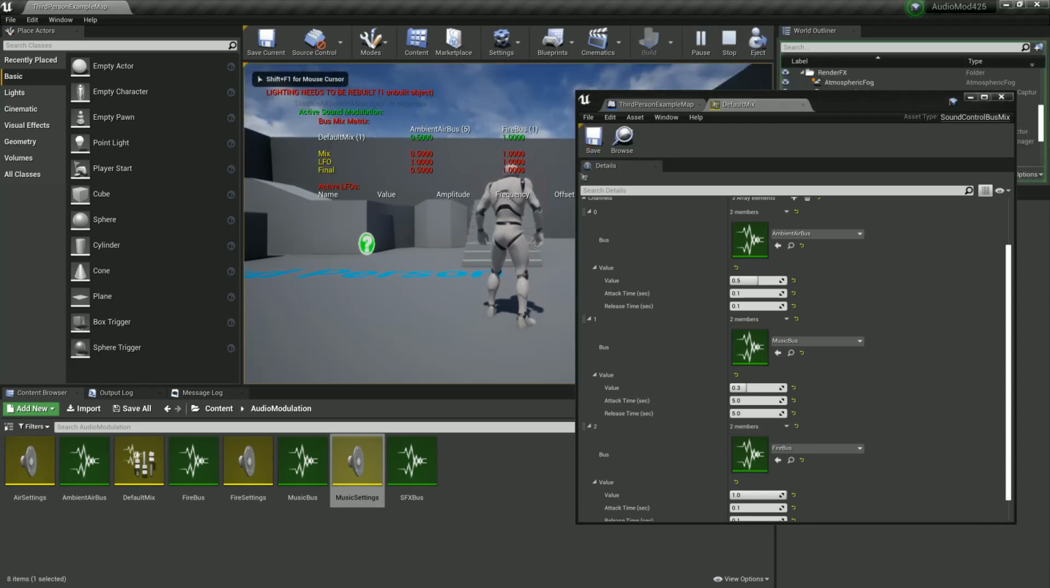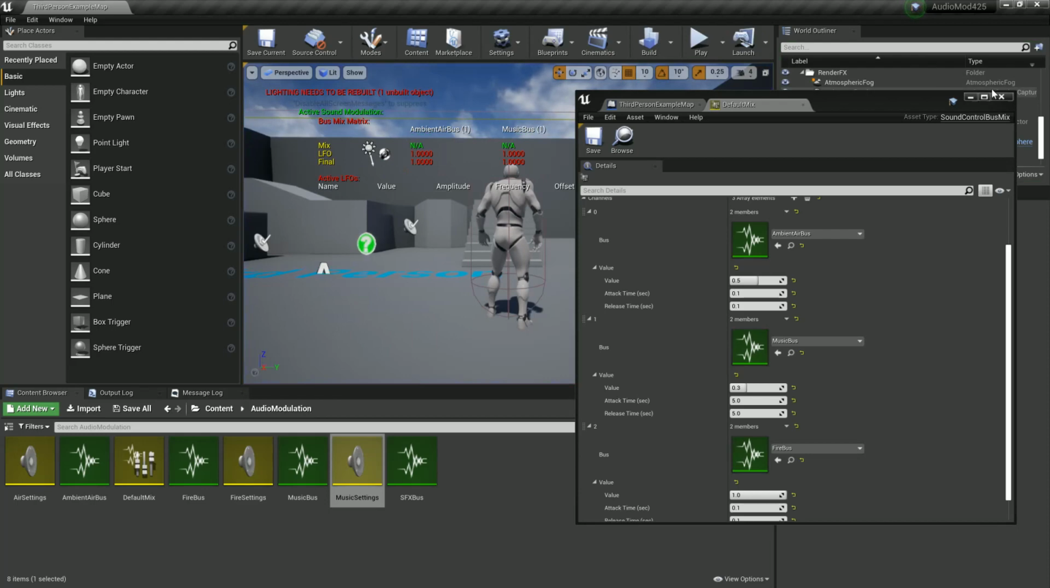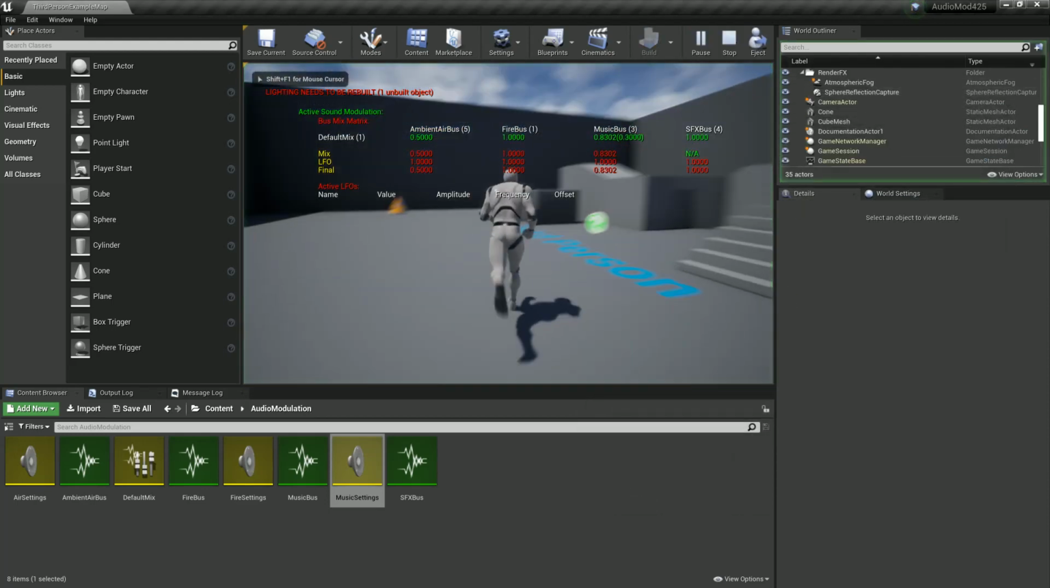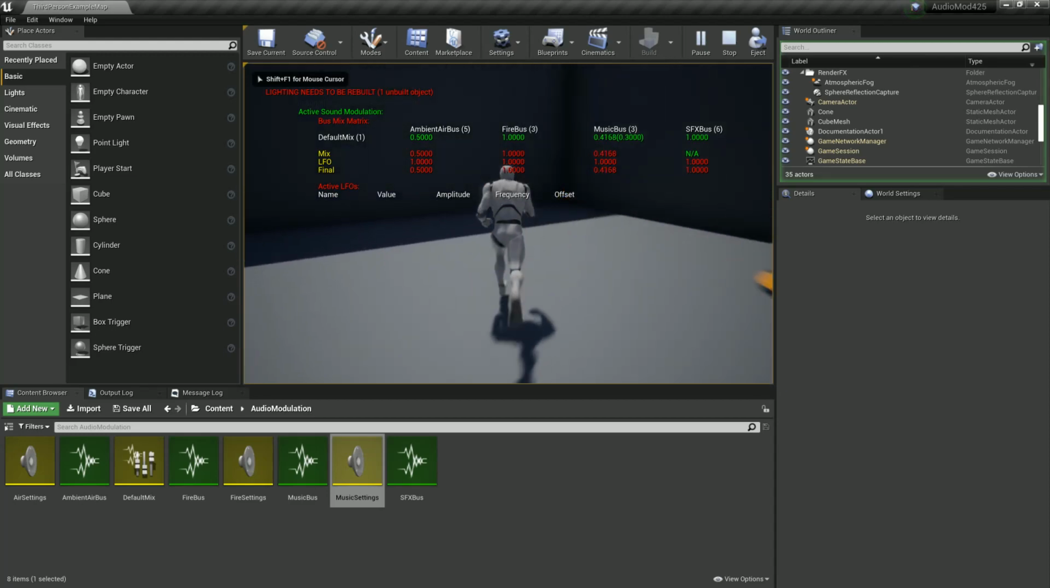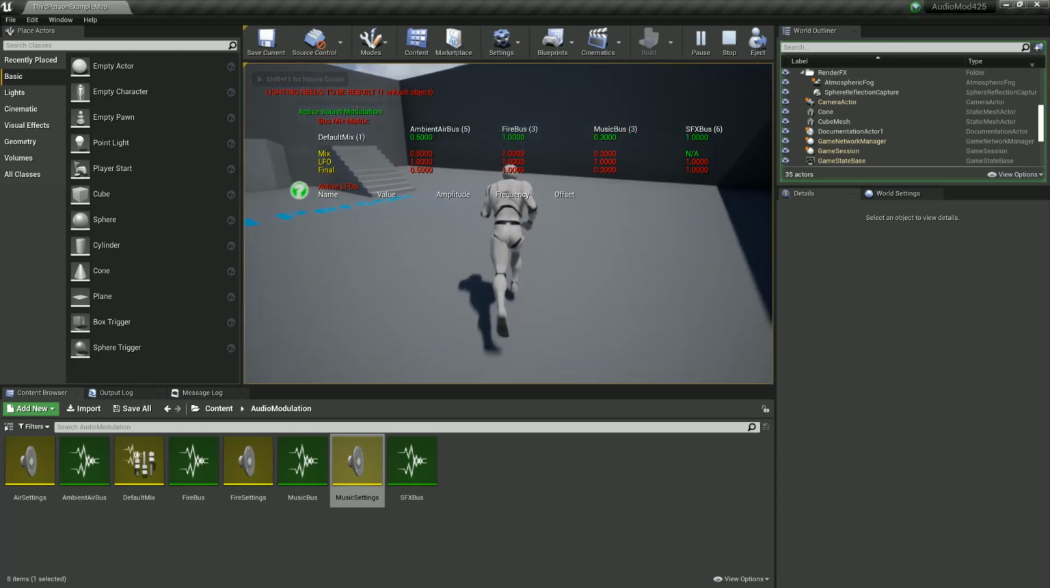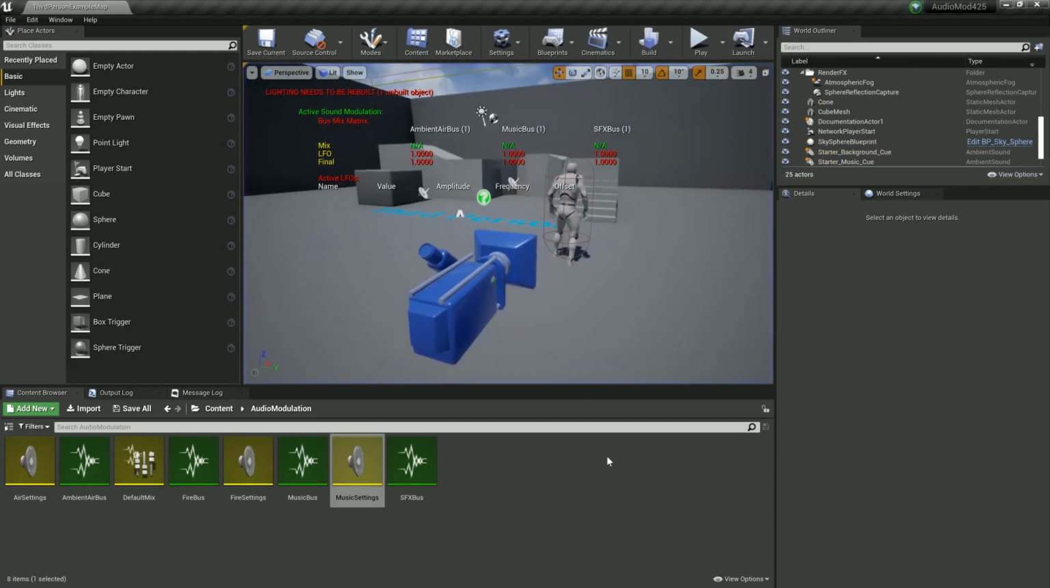Now our music volume slowly goes down over time. This is exactly what we want. Okay, cool. All right, and if we can still go over to our fire, we still hear our fire. Neat. Okay, so now we've got a basic mix. Now let's say we want to